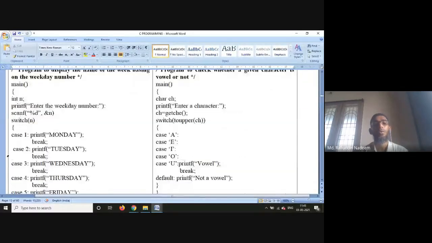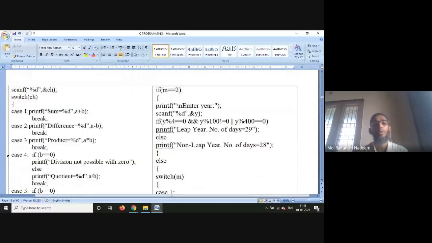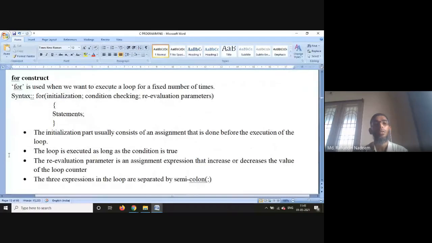We'll go for switch case later on. So for loops: first the value is initialized. Looping means a set of statements will be repeated a certain number of times until a condition is met.